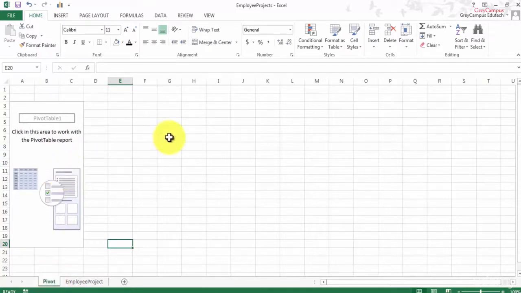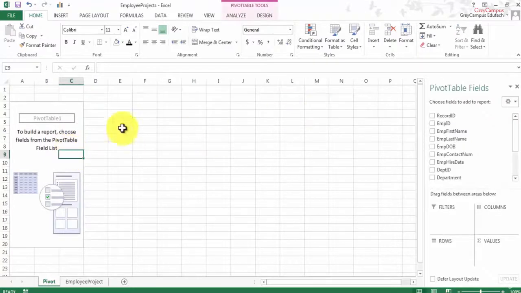Now when we move to this particular sheet, it looks like a simple ordinary Excel sheet, but it has some changes, some demarcations. Like you can see that on the left hand part, a rectangular box has appeared, which is actually not a part of the sheet, it sits above the sheet. And if you click on this pivot, you will see that there are some options on the right hand side. So these are the fields actually.